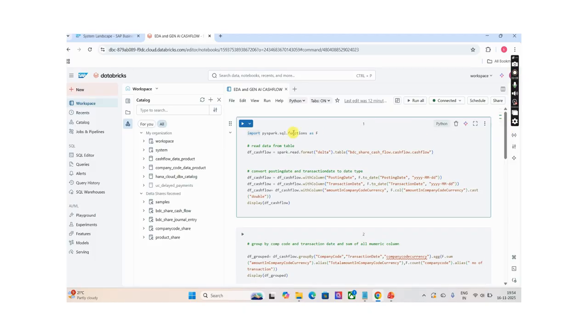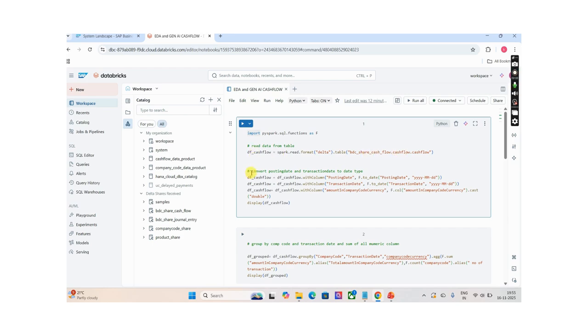Here I have already shown you the cash flow data. First I'm importing the PySpark SQL functions as F, and creating a data frame as df_cash_flow. In this data frame I'm reading data from our BDC share cash flow data.